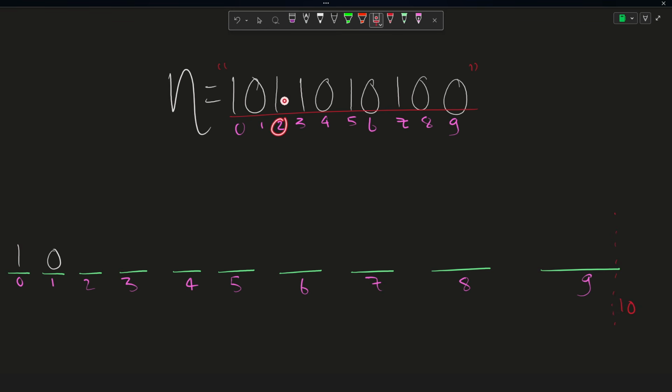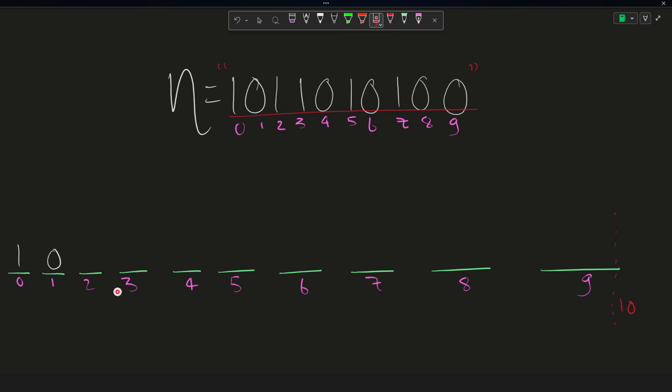So since for the second index here the value written is 1, right? And since the condition of tight is true for this as of now, why? Because whatever digits have been filled till now, they are matching the given string. So that's why for this block also the condition is tight. So since for the second index it is 1, it means that we can fill it starting from 0